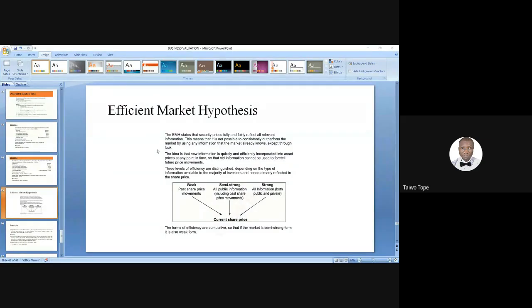So the point is this: share prices react very quickly to any new information being released. That is one key feature of semi-strong form efficiency. The market reacts very quickly to any new information being released, rising in response to breaking good news and falling in response to breaking bad news. When there is good news, there is a rise in the market share, in the market return. When there is bad news, there is likewise a sharp decline in the market return.